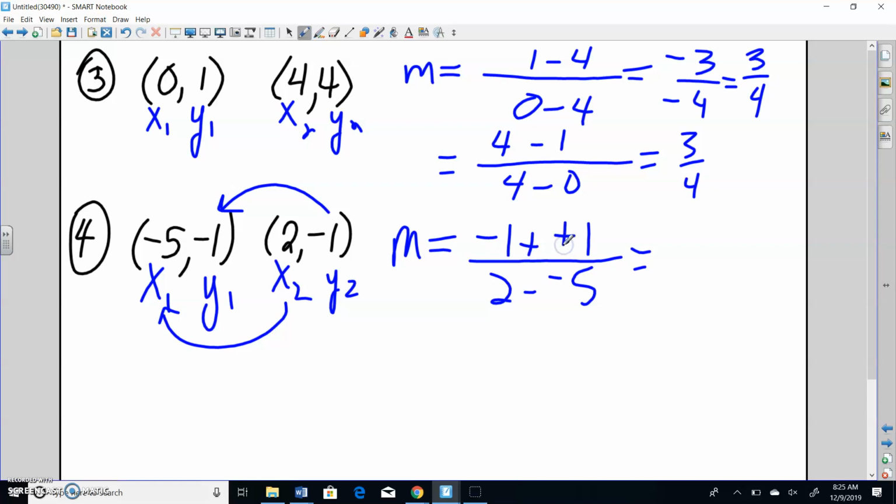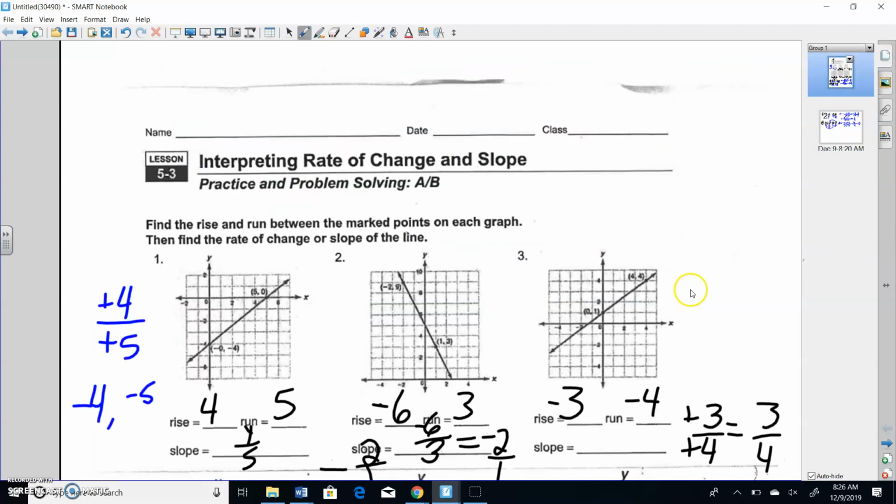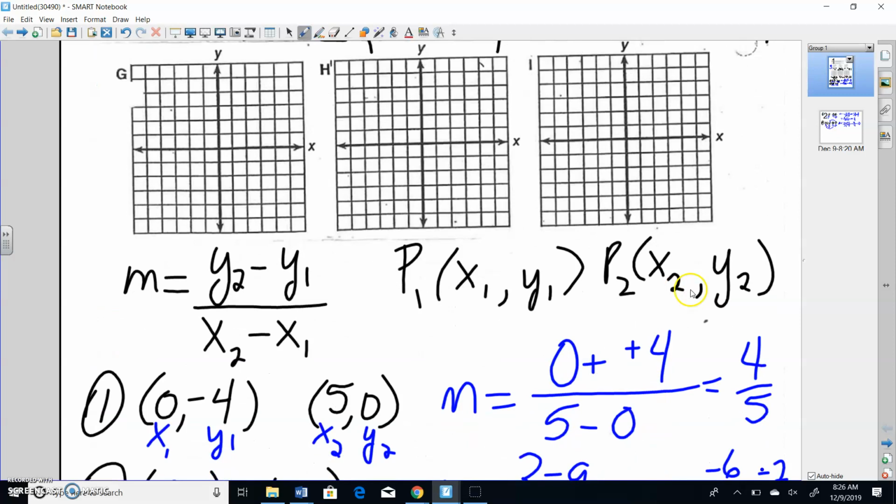And that reduces to 0 over 7. What's 0 over 7? Just 0, right? So our slope is 0. We could also see that on our graph. If we went back to our graph, if we plotted the point negative 5, negative 1,